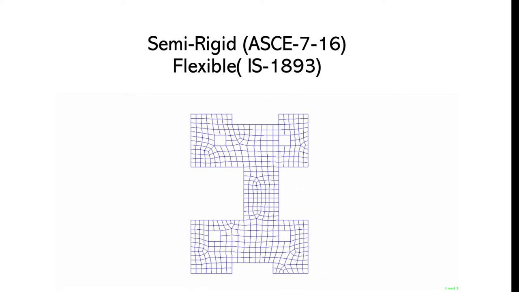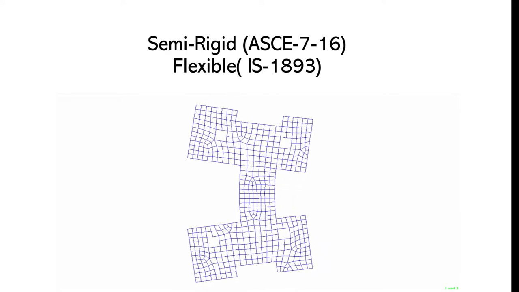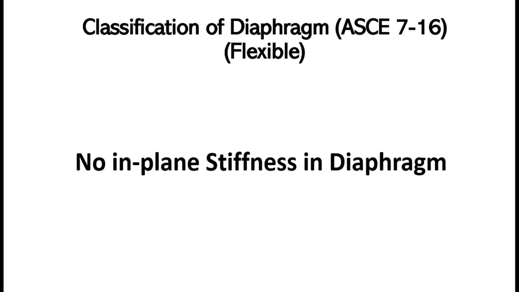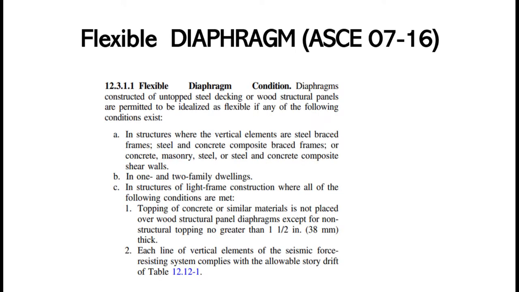That's the reason it is known as semi-rigid as per the US code and flexible as per the Indian code. And then the flexible diaphragm, which is defined under the US code, means there is no in-plane stiffness in the diaphragm. So if we go by the definition as per the ASCE 7-16 code, if you go to the chapter number